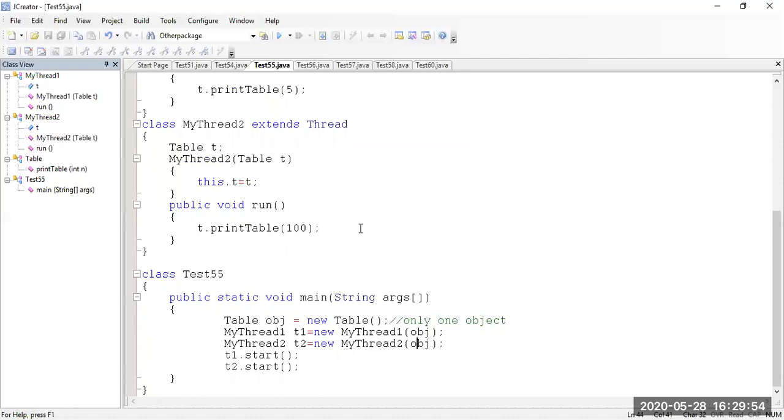When I'm calling t1.start and t2.start, they start executing the run method. As per earlier knowledge of threads, we know run is the heart of the thread. They're executing their run method, and definitely the printTable method works, and as the output it will show the multiplication table of 5 as well as 100, but they will not come in sequence, because this method,